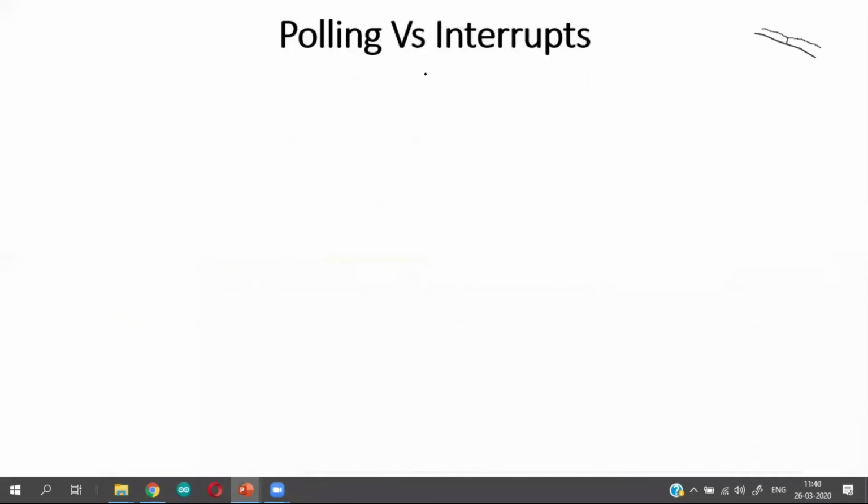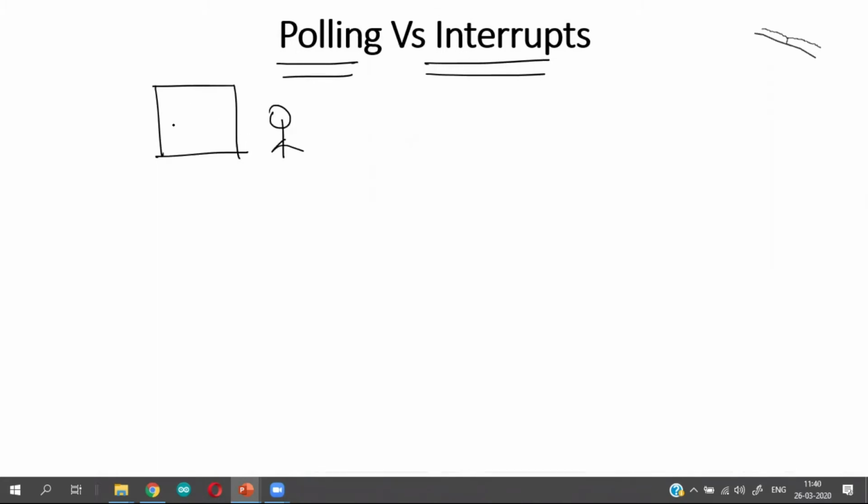Now you have understood the difference between polling versus interrupt. I illustrate this with a classroom example again. In polling technique, the person who wanted to have communication with me is waiting outside. I am the microcontroller. My background task T1 is to take the class. So I stop T1. Every 5 minutes I go out and see whether somebody is waiting there or not. If there is somebody waiting over there, then I'll get the information and come back and start taking the class once again. This is polling technique.